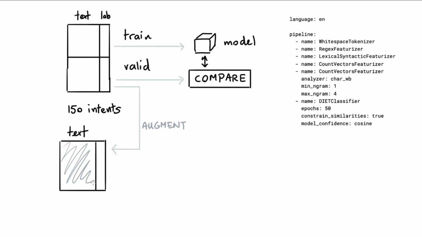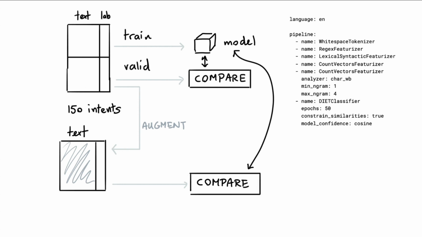The idea is that I will be able to simulate typos with characters that are next to each other on the keyboard, but this should give me a different data set that I can validate on. And next I can compare my model against that data set. And by checking the difference between these two comparisons, I should be able to measure how brittle my model is